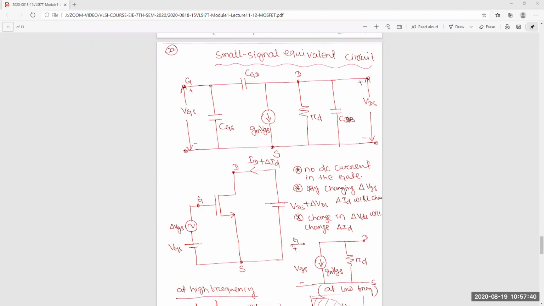Now, what are the capacitances? These are CGS, CGD, and CDB. So three capacitances also will come in. Clearly it will show when you operate at high frequency, but at low frequency they charge and there is no effect. At high frequency this will affect circuit performance. So how these capacitors are coming, you should know where they originate. Generally there are three types of capacitance, intrinsic capacitance inside a MOS, purely inside the MOS. So what are these?